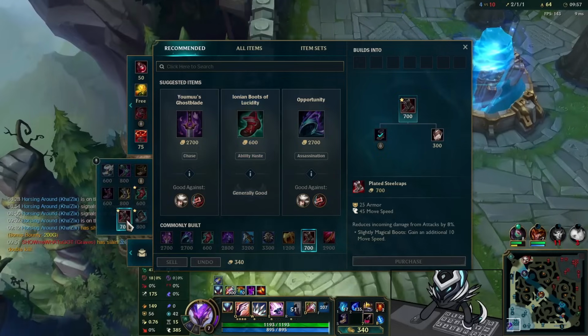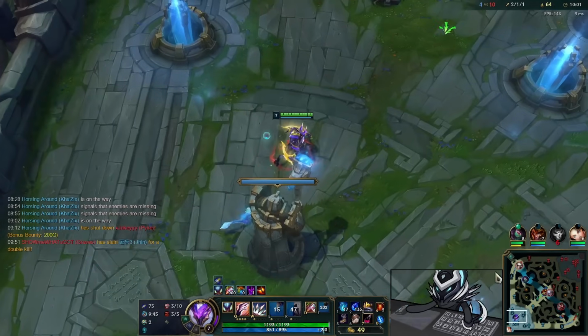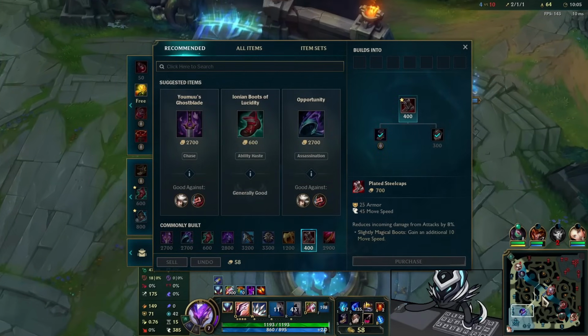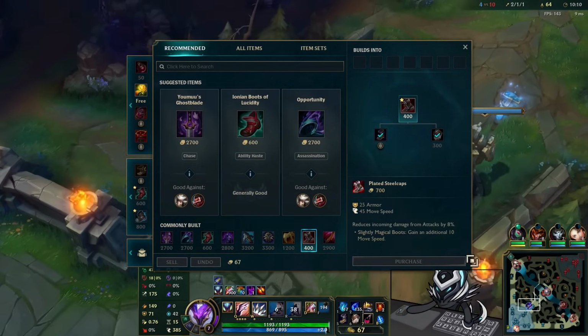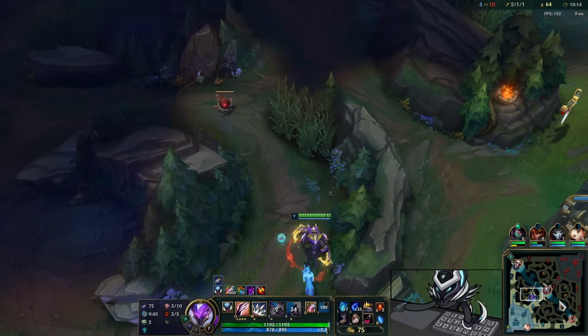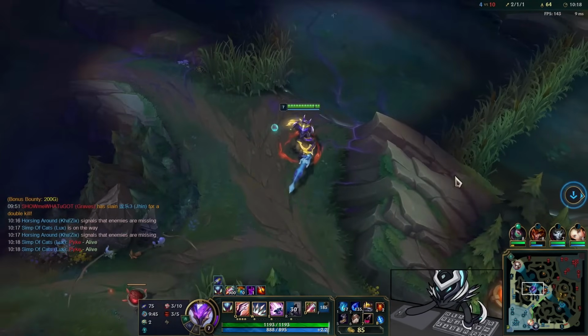Graves going to pick up a double kill, little dirty rat Graves player. Anyway, I get the Hubris, and I pick up cloth armor as well, because I want to go into plated steel caps. This is what I like about buying a CDR item first. It's that you can go into defensive boots without your build feeling like complete shit, because you have the haste from the first item, and you don't have to worry about